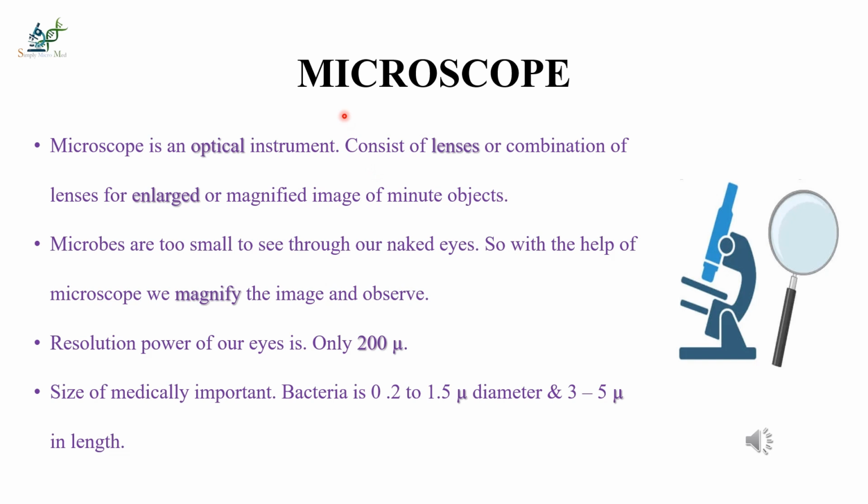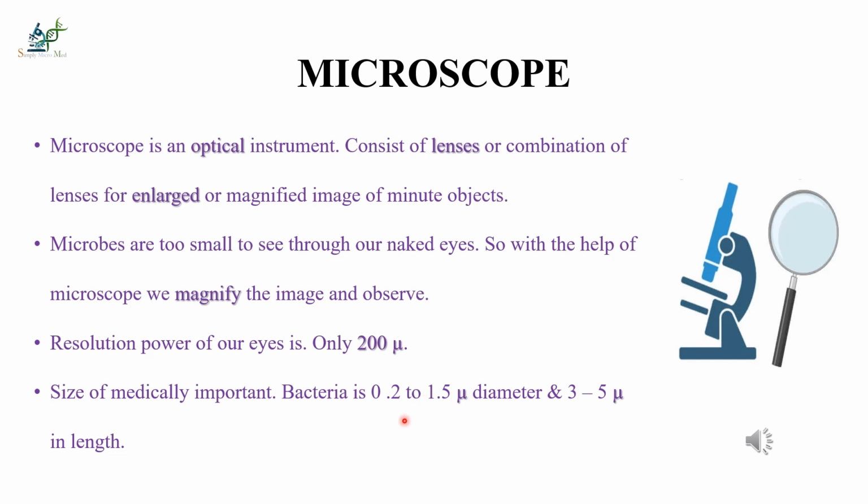Microscope. A microscope is an optical instrument consisting of a lens or combination of lenses for an enlarged or magnified image of minute objects. Microbes are too small to see with our naked eye, so with the help of a microscope, we magnify the image and observe. Because the resolution power of our eye is only 200 micron,